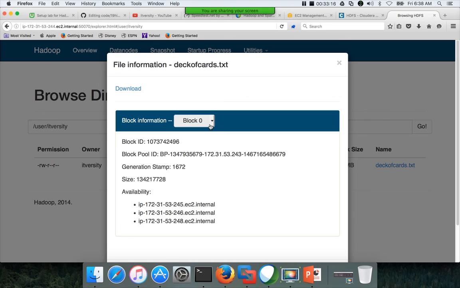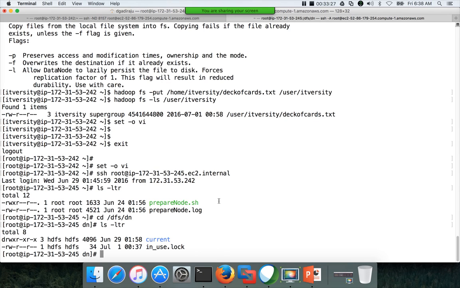Pick any of the blocks which is on 245. So block 0 is on 245, and the block ID for block 0 is this one. You can use this, and then run the find command from this directory with -name and a star.